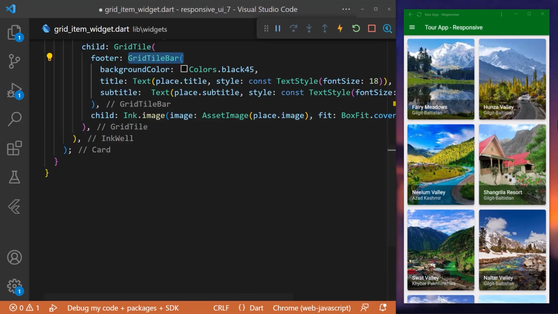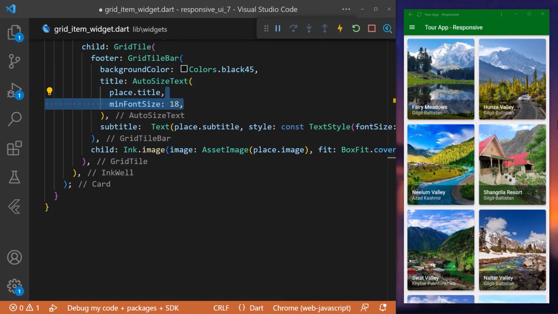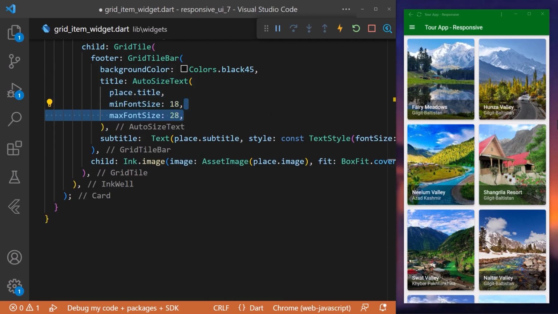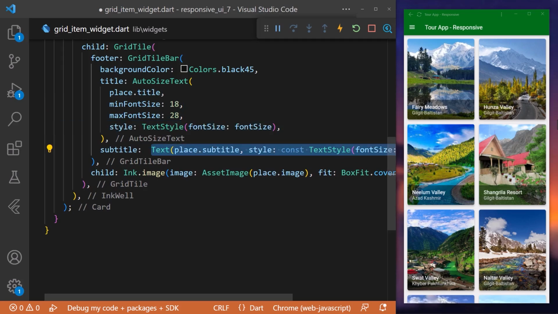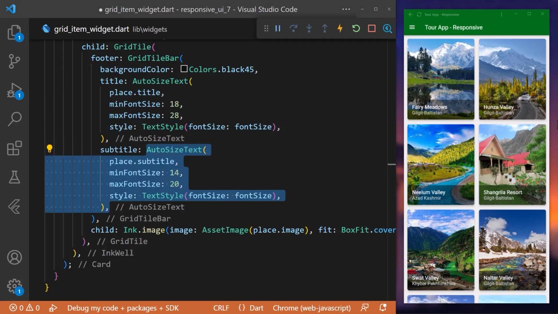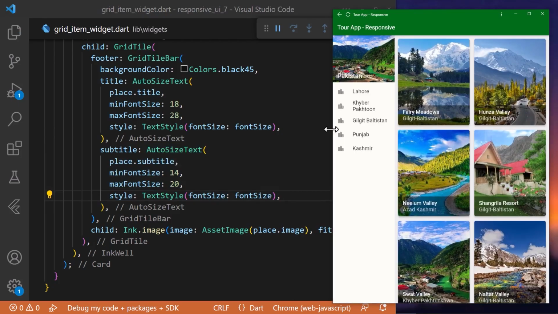After that, within the grid tile bar, for the title, we will replace the text widget with the auto size text widget to make our title responsive. Inside, we will also specify the min font size and max font size for our title to make it responsive, and also give it the font size within the text style which we get from the screen width. Same applies for the subtitle, and we will replace the text widget with the auto size text widget to make our subtitle responsive. After hard reloading, here you can see that when the window size increases, the text also resizes